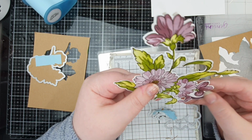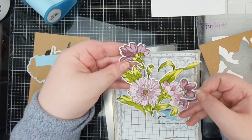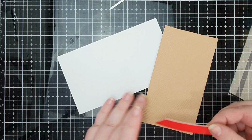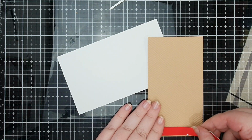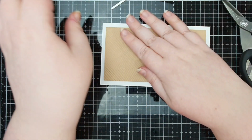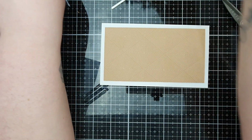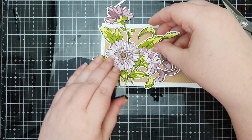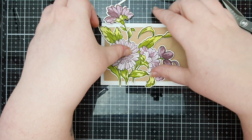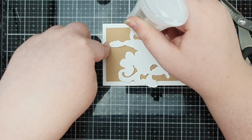So now we're going to assemble our cards. I used the new Waffled Diamonds embossing folder to just emboss some of this tan buff cardstock that I have, and I'm going to be making a mini slimline. Now, if you've not made a mini slimline before, it's sort of the same as with slimline in that there are lots of different measurements out there, different ways people create them. Here I've done 3.5 by 6.5,